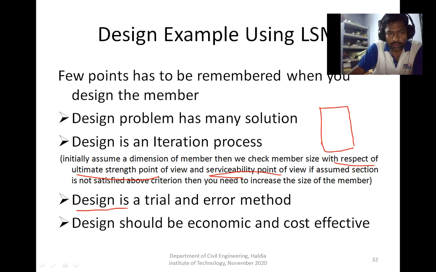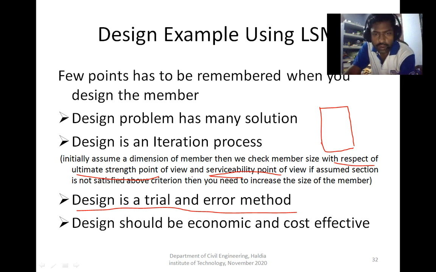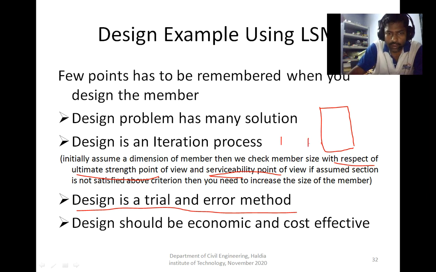The third point is that design is a trial and error method. This is also related to the iteration process. Suppose we have assumed a section which does not satisfy the ultimate strength criteria and serviceability criteria, then we find out the error. In the next step we eliminate the error, meaning we increase the section and this error is eliminated.